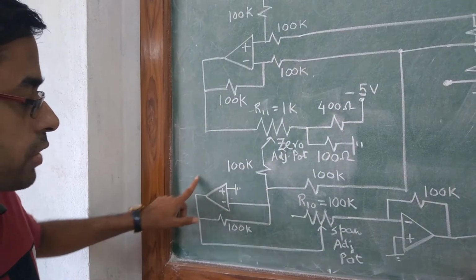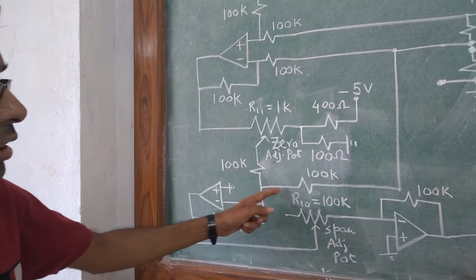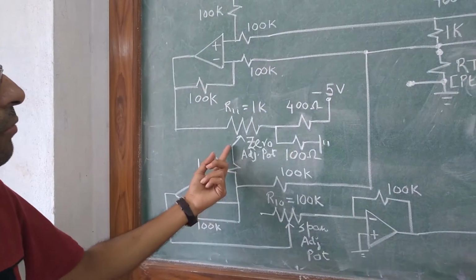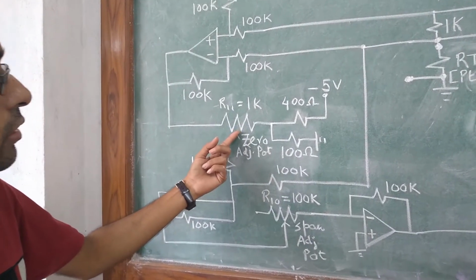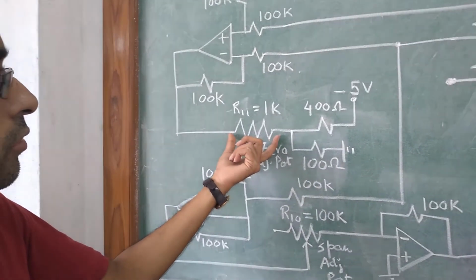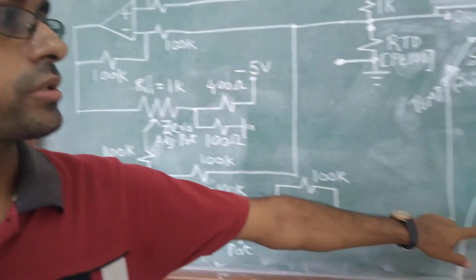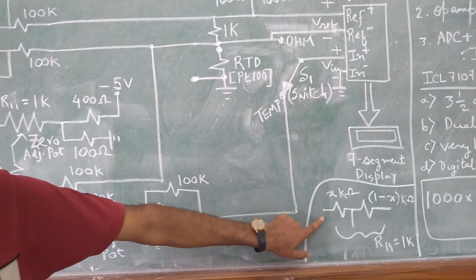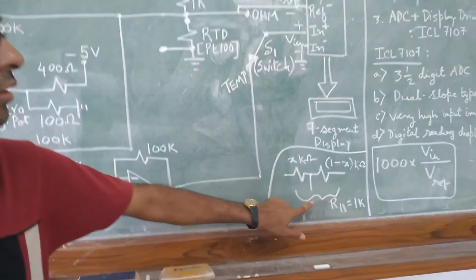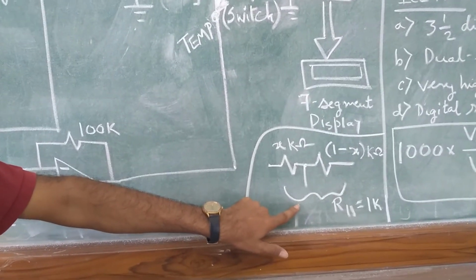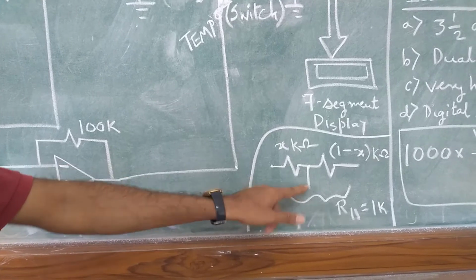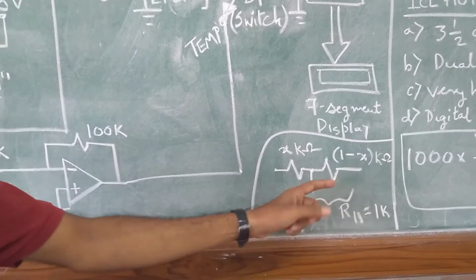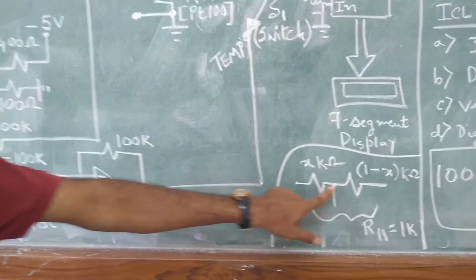Now, if you observe this particular amplifier, this is one arm connected to the inverting input terminal, and this is the second arm where it goes to a potentiometer, but we can always convert this potentiometer in this structure. As we saw in our last video, you can always break it into two resistances, and because R11 is a 1 kilo ohm resistor, this is the Y part, we can break it into a resistance of X kilo ohm and 1 minus X kilo ohm. But note that there is some voltage available at this node.